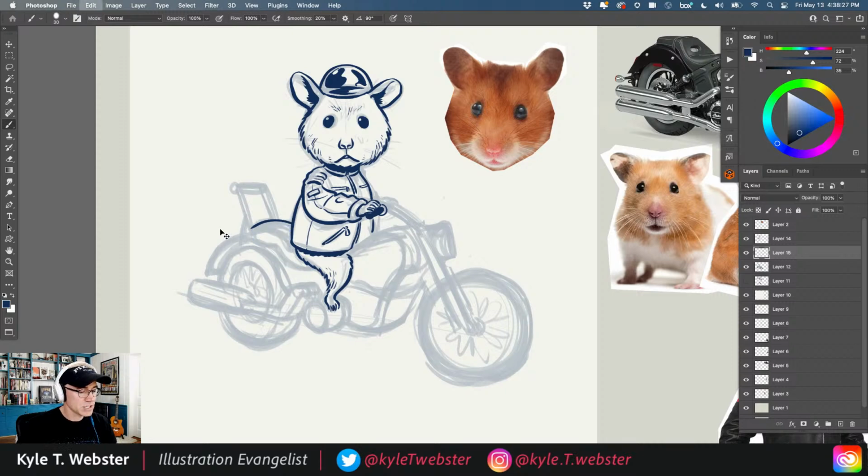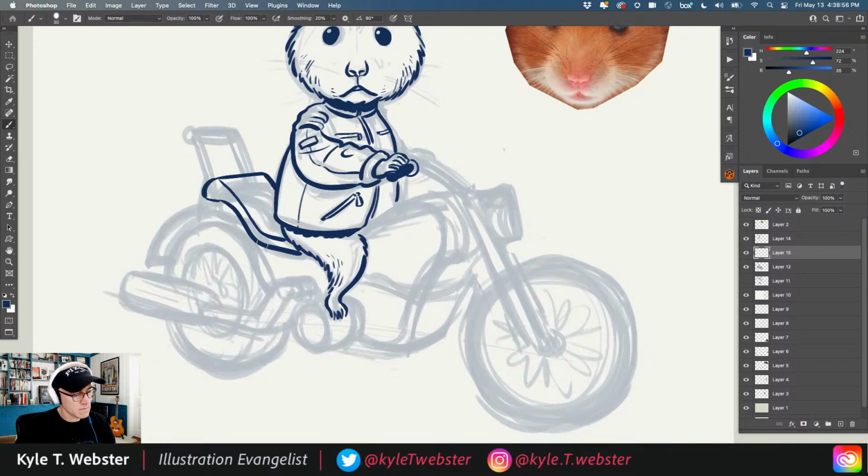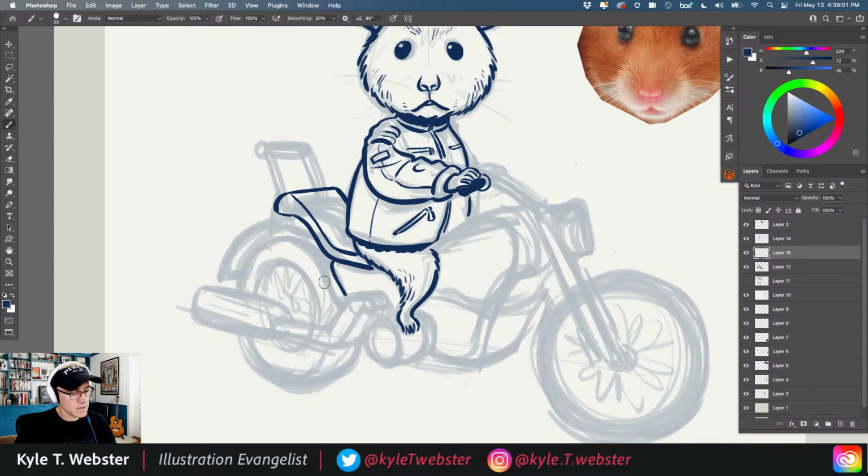Speaking of which, I'm actually going to change the shape of this. Whoops. I'm going to do this. That's what I want to do right there. And then off of here, I'm going to add this little piece here, and then we're going to have the